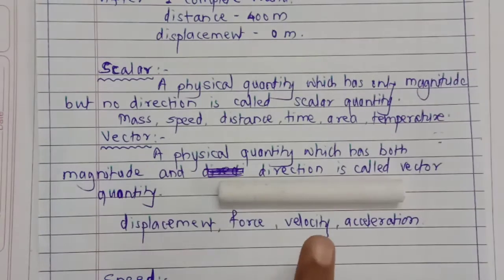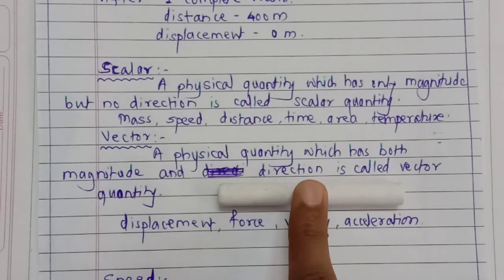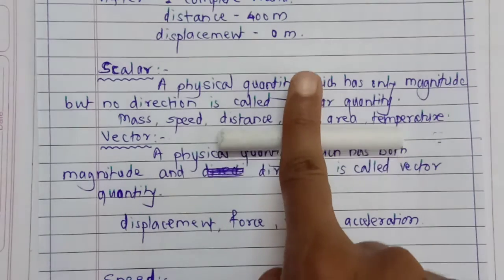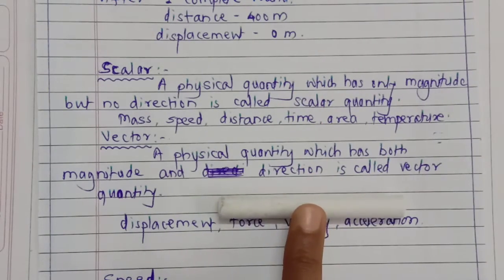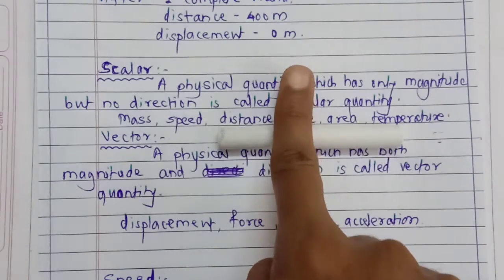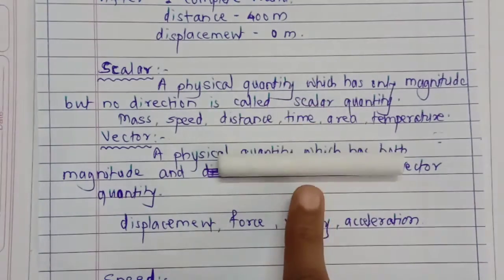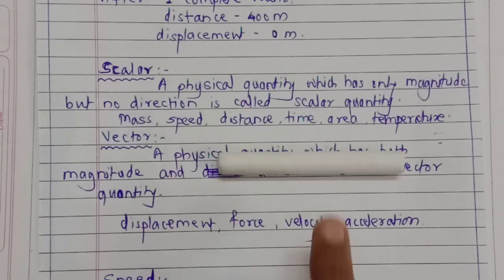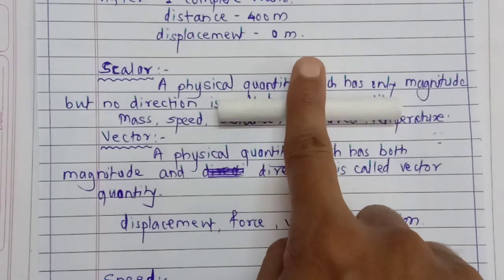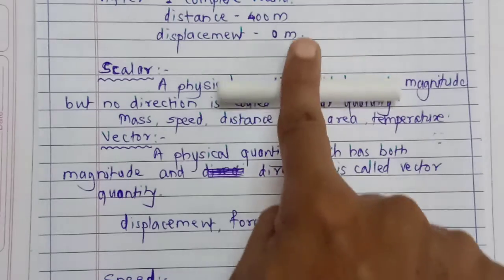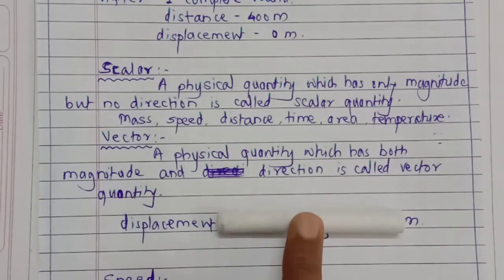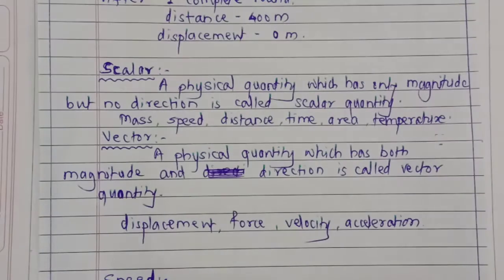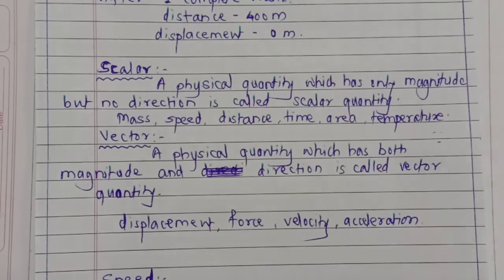Look guys, this is the object. Now force is applied on it, and then it starts to move. So in which direction is the force applied? Yes, the force is applied in this direction. How much force is applied can be calculated, that is the magnitude. And in which direction the force is applied, we can see by the motion of the object. We can perceive it with the motion of the object, and that's why it is called a vector quantity. Means the quantity which has a magnitude as well as direction is a vector quantity.